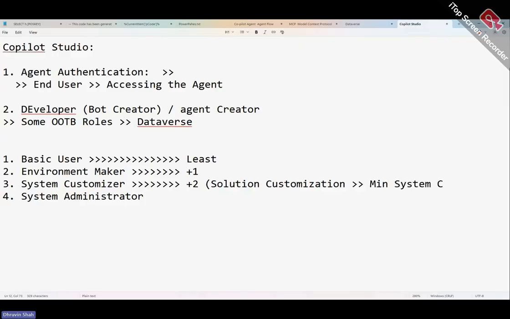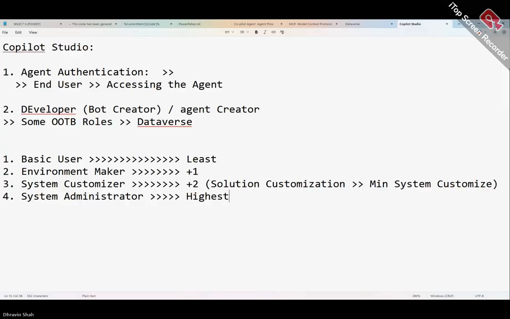And as I said, with the component topic that we learned so far, if you want to customize your components specifically in Copilot Studio, you need the system customizer approach. Again, if you want to export and import the solution or anything, you need minimum system customizer access. And system administrator is the highest level of privileges, which means you have everything in your control, you have every access of your application. This is the highest level of privileges. All right,